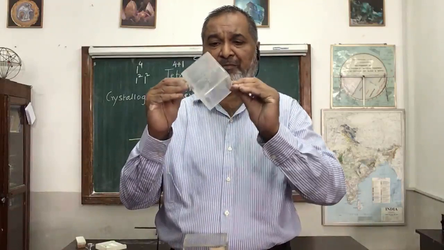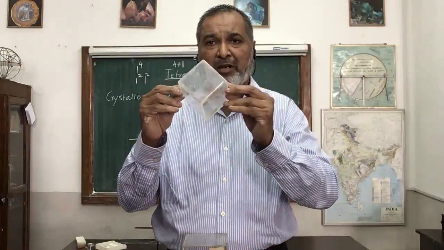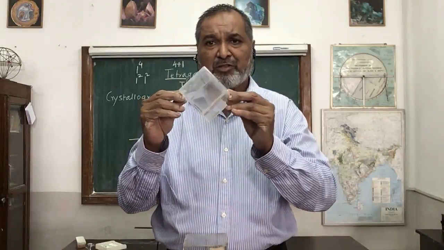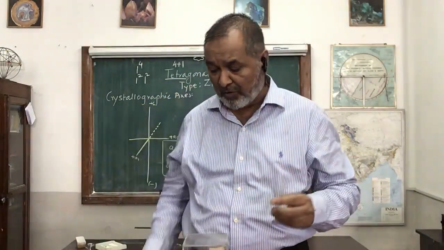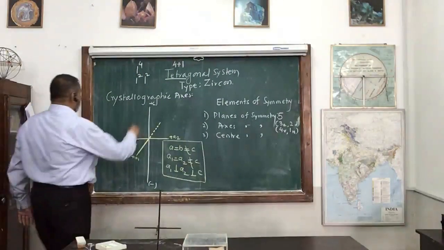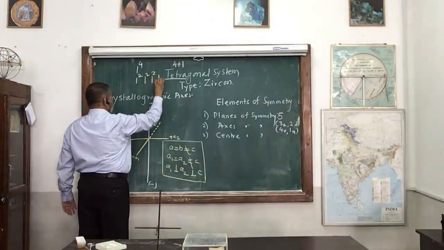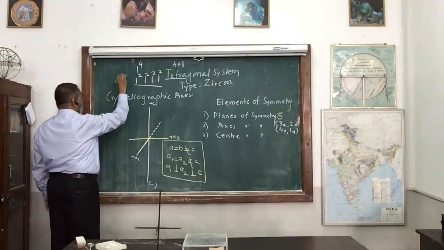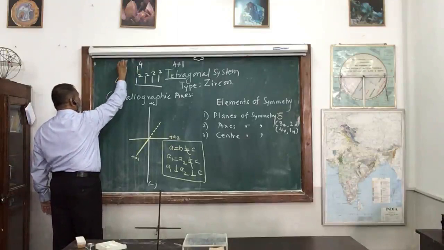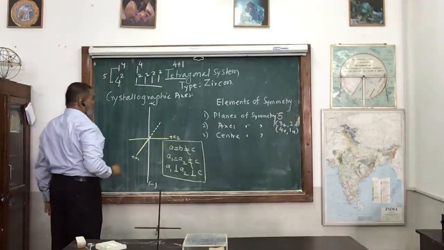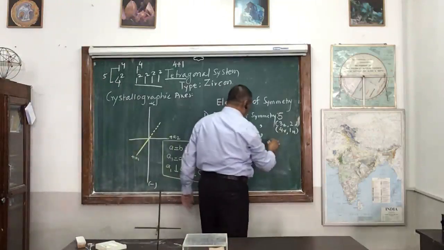Come to the next one. If I hold this one and rotate, I am going to get the same face, same position, twice. 1 of 2 fold, 1 of 2 fold. So along these bigger edges, if you hold, I will get 1 of 2 fold, 1 of 2 fold. So how much do we have? These are the 4 axes. So 4 of 2 fold, and here we have 1 of 4 fold. So in total we have 5 axes.